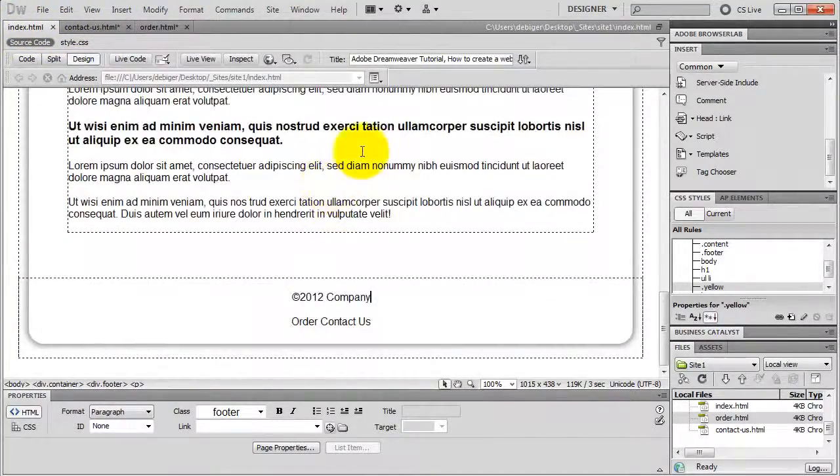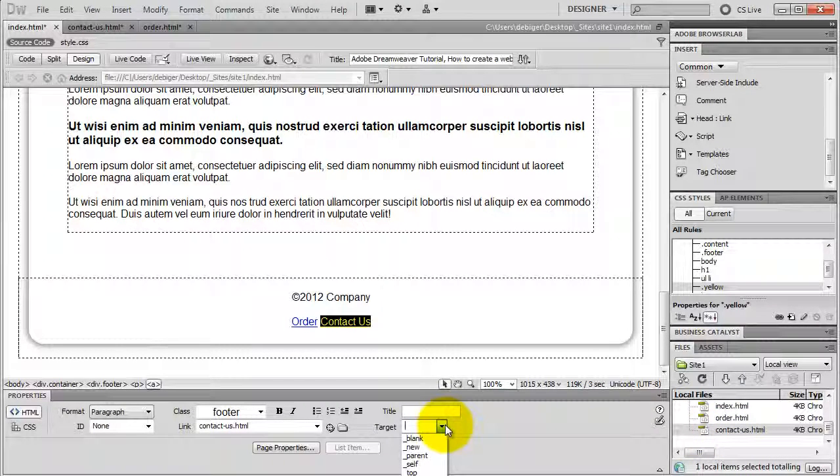Down here in my footer I select my order text and in my property inspector I grab my target and point to my order page. Okay, this is now a link and my text is now designated by an a tag because it's a link. I select my contact us text and point to my contact page. Also, if I choose target blank, it allows me to open my link in a brand new browser window. I'm not gonna do that now. I save my index page